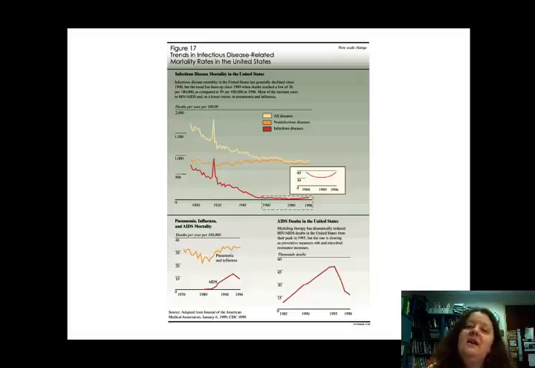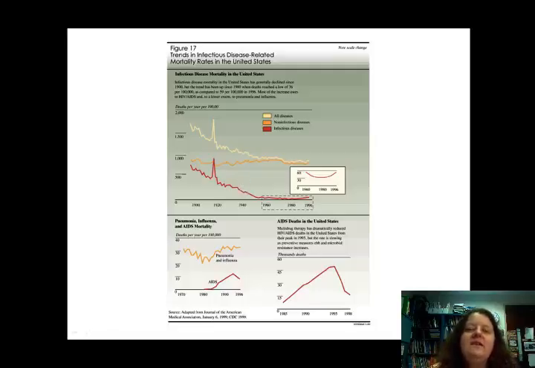Instead of dying young from an infectious disease, because we have gotten such a handle on infectious disease in this country, people are living longer lives. And if you live a longer life, then chronic conditions can catch up with you, right? So this shows you that evidence. So then we can say, well, why? How did we get a handle on infectious disease?